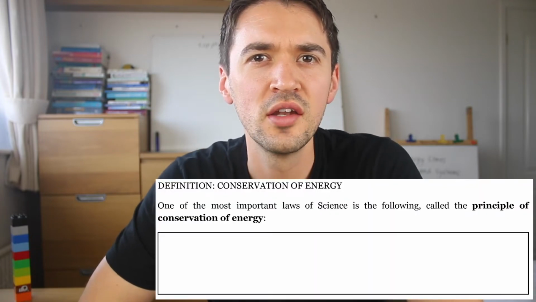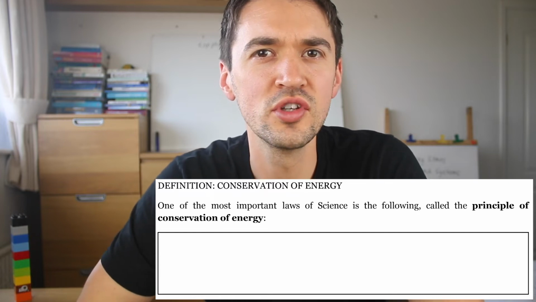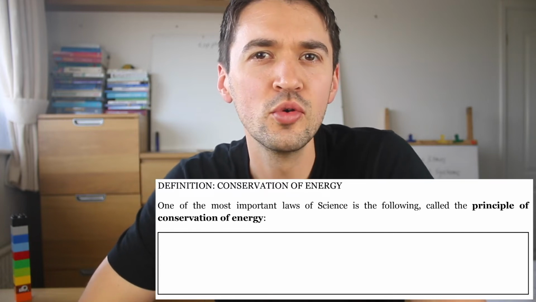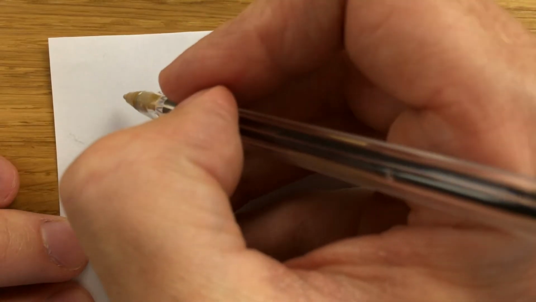The next key idea that you need to know is the law of conservation of energy. This has been described by some physicists, including one of my favourite physicists, Richard Feynman, as the most fundamental law that humans have ever come up with. If we lost all our information in some sort of disaster, the one thing we would need to store and remember would be the law of conservation of energy. So the next definition is